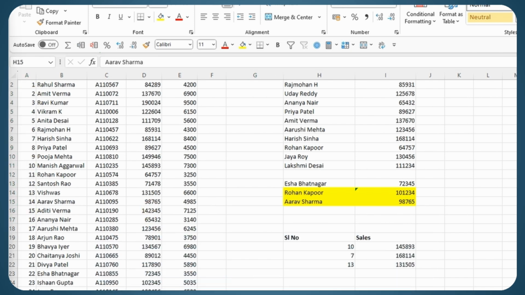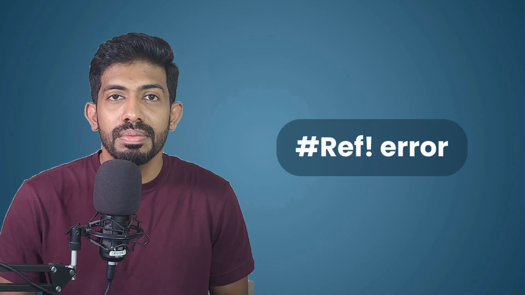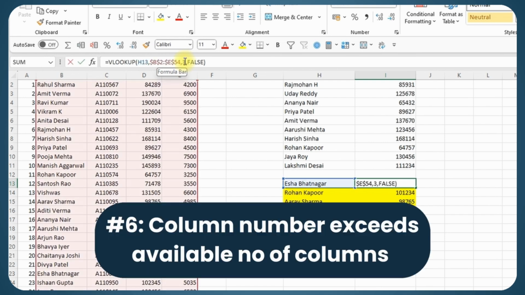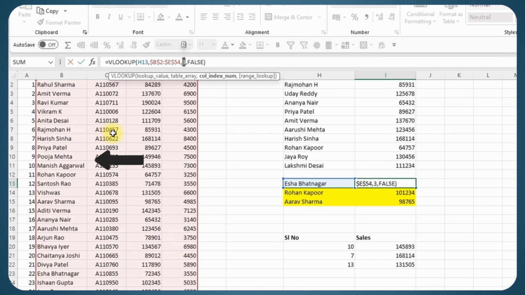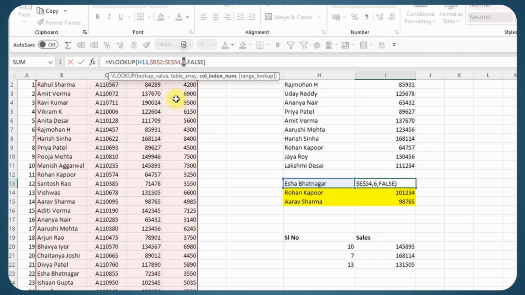The next type of error is ref error. This happens when the references you are using in the function is not making sense. A reference is basically the mentioning of any cell, table or column in the function. The most common reason why ref error would come up is if I mention a column number which is greater than the number of columns in the table that I selected. Here we have 4 columns, but if I put 6 over here, then I will get a ref error. So I can fix it by putting any number that is equal to or less than the total number of